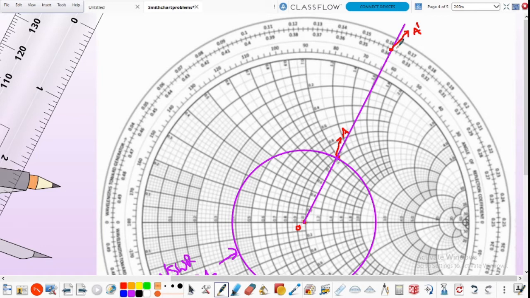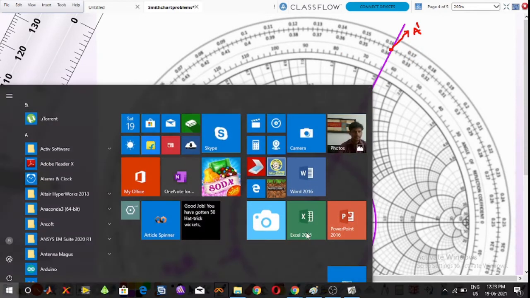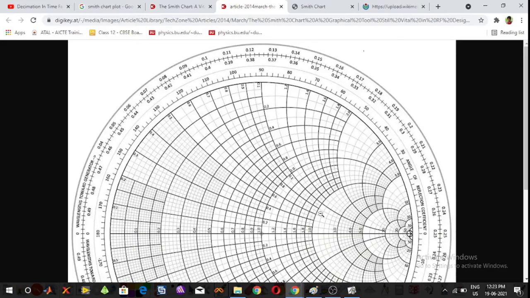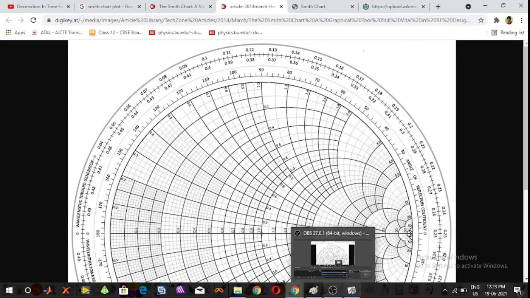The point A dash is located here. What is the value approximately? This is 0.15, this is 0.16, this is 0.17. So now, in this figure, observe the values clearly. This is 0.15, 0.16, 0.17. So that extended curve cuts approximately here. This is point A dash, so that value is approximately here on the outer rim.